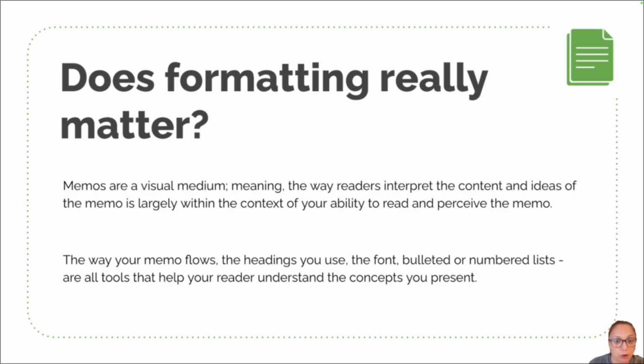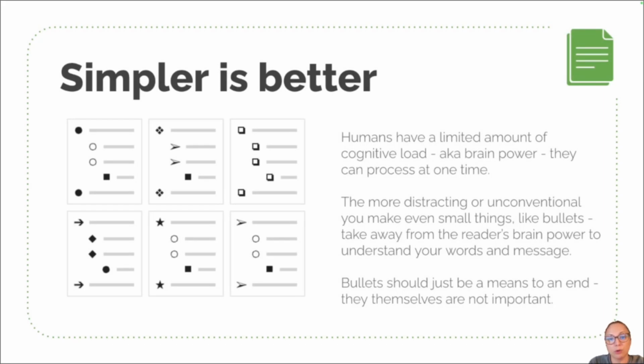And because memos are that visual medium, the way that the reader interprets the content and the ideas of the memo exists largely within the context of the reader's ability to physically and cognitively read and perceive the content of the memo. So things like paragraph indentations, bulleted and numbered lists, spacing, font choices, paragraph chunking are all actually really important to aid your reader in understanding and retaining the conceptual aspects of your memo. To that end, when making choices for things like bullet characters or fonts, as we'll see on the next slide,